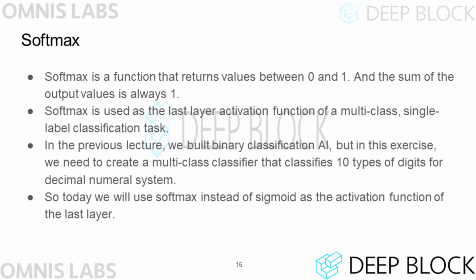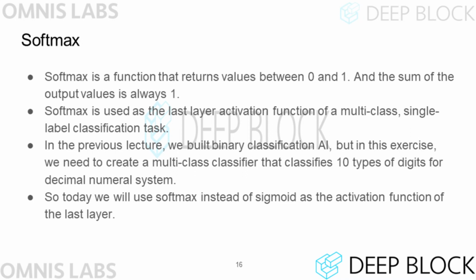The softmax function is utilized as the activation function in the last layer. The softmax function always returns a value between 0 and 1, and the sum of all outputs returned by the softmax function layer always equals 1. The softmax function is mainly used in multi-class classification problems, and to be precise, it is used as the last layer activation function of a neural network to classify images belonging to only one class.